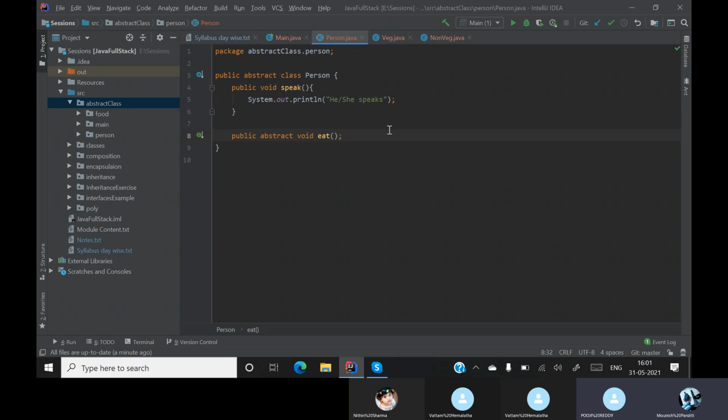Okay, but in an abstract class you will be having both concrete methods as well as abstract methods. Do you have a doubt with the definition or with the implementation? Implementation. So what is the doubt in the implementation?